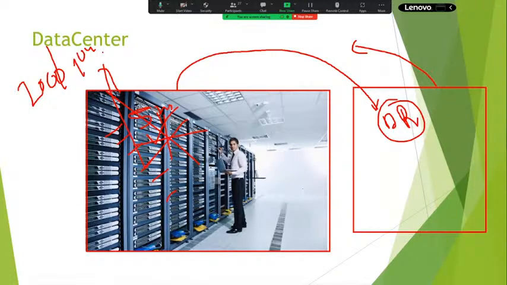Even though it collapsed, the US did not lose even a single record. Whatever debits and credits were handled by the US, they haven't lost that data. Why? Because they were already maintaining disaster recovery, another data center. Even though the World Trade Center was collapsed by terrorists, they haven't lost any data, only the physical building was damaged. That's it. In the same way, to keep our data safe and secure, we need to maintain